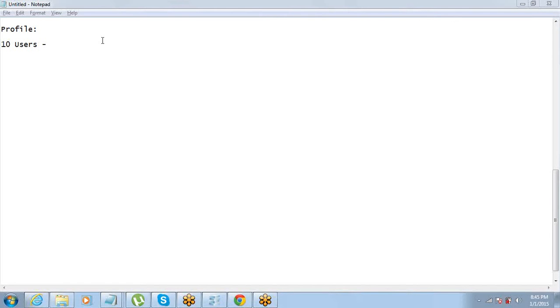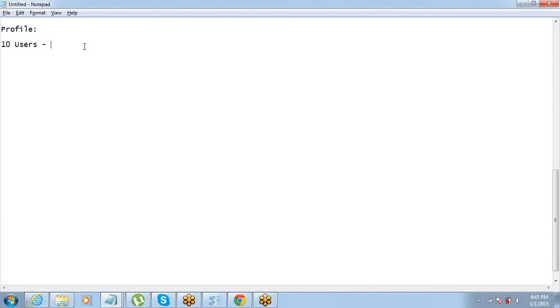Alright. So if there are 10 users and they have the same profile, I'm talking about profile now, right? Profile basically controls what permissions we discussed: apps, objects, tabs, all these things, not records. Record and data has to do with the organization-wide defaults or sharing settings. That is a different side. Here I'm talking about a profile.